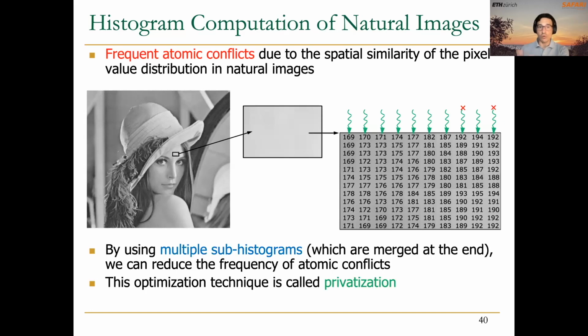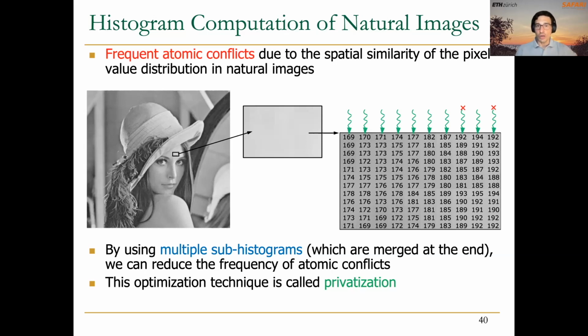And one way of dealing with these atomic conflicts is using multiple subhistograms. And that's something that we can do because in the computation of a histogram, we are using an operator that is associative and commutative. So we can generate multiple subhistograms, and then merge or reduce them all. Because now we have more bins that we can update, probably this thread will go to one subhistogram, and this thread will update the same bin but in another subhistogram, so we are avoiding the conflict. We are reducing the frequency of the atomic conflicts by using multiple subhistograms,